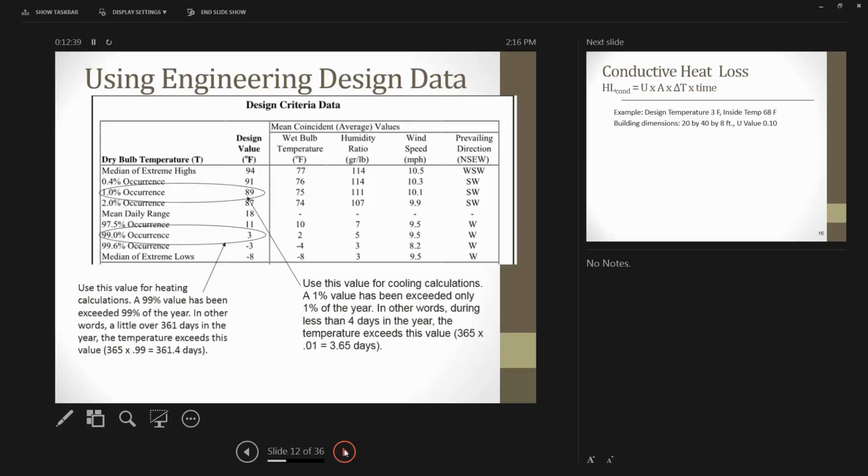And the way that the design criteria is set, and where that number comes from, is the 99% value. So 99% of the year, the outdoor temperature is above 3 degrees in our design data. So a little over 361 days a year, the temperature exceeds this value,